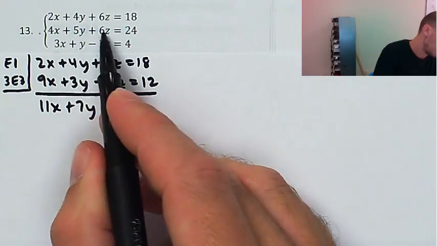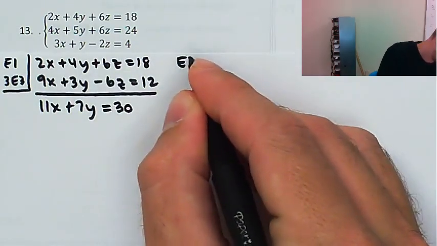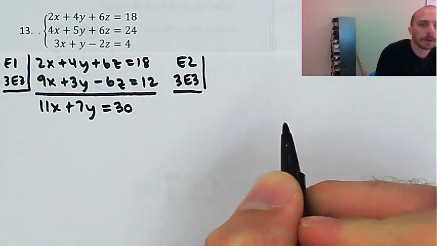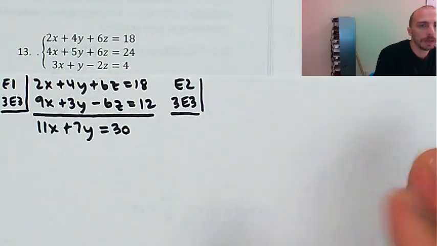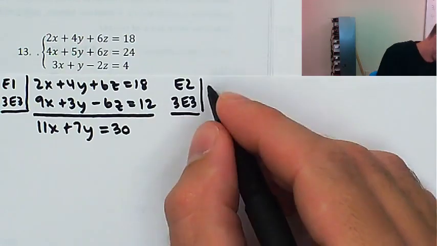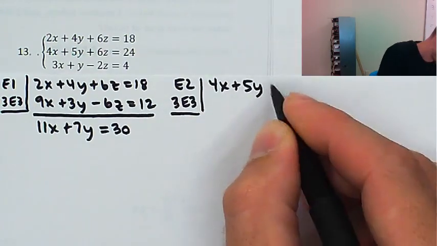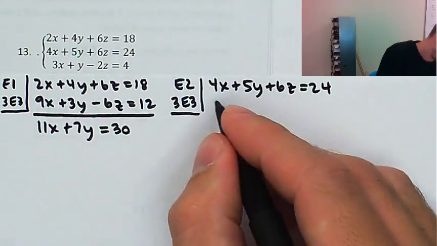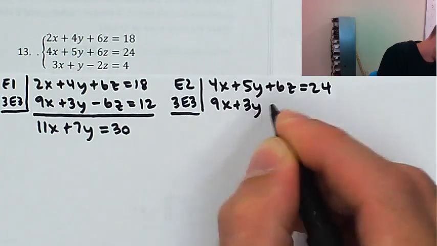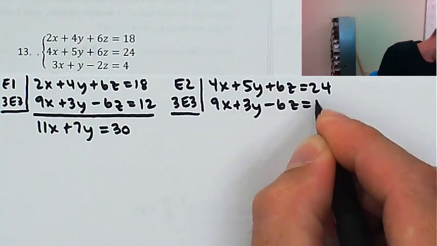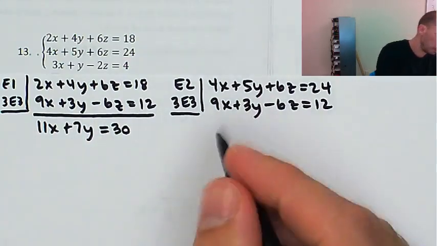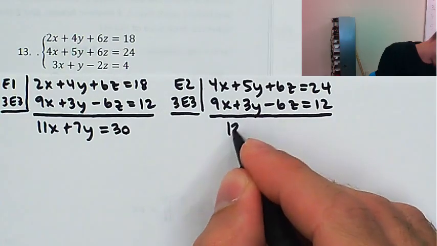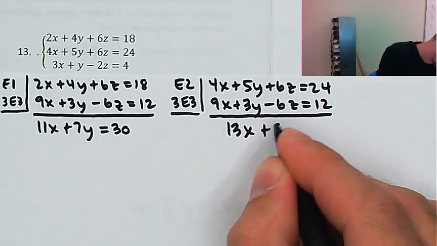Okay. Then I'm going to take equation 2 and eliminate z. So I'll take equation 2 and I'll add 3 of equation 3. And equation 2, I'll just copy that directly. Okay. 3 of equation 3 is 9x, 3y, negative 6z equaling 12. Is that the same as I got before? Yes, good. That's a good sign. Okay, add this all together, and I'll get 13x, 8y,